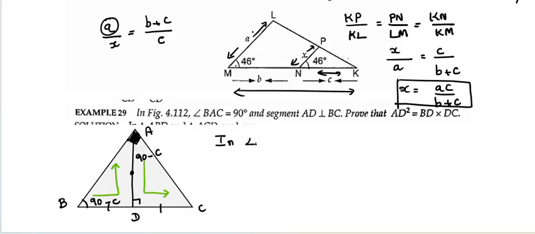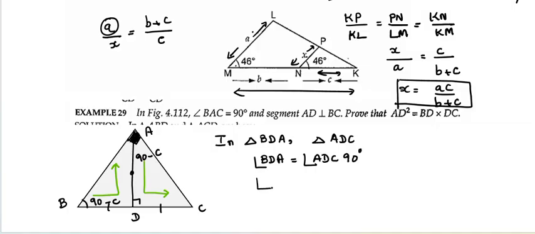So the order of the triangle also, Ananya, you will know. Triangle BDA, in triangle BDA, comma triangle ADC. That's all, your sum is over. You should not even think about it. See the arrow mark. Angle BDA is equal to angle ADC, 90 degrees, and angle ABD is equal to angle DAC, 90 degrees minus angle C. So by AA similarity,